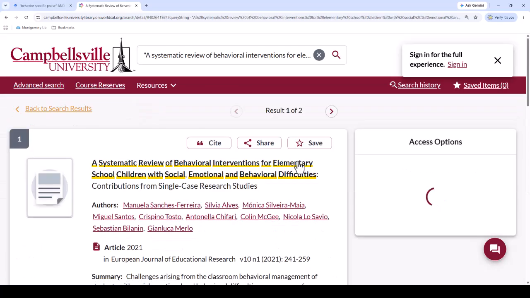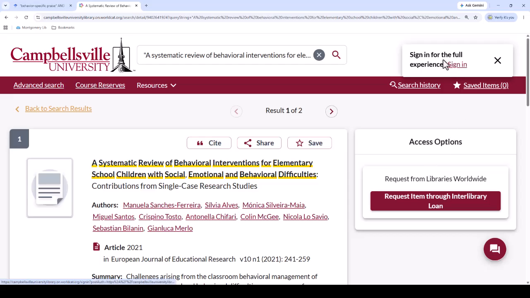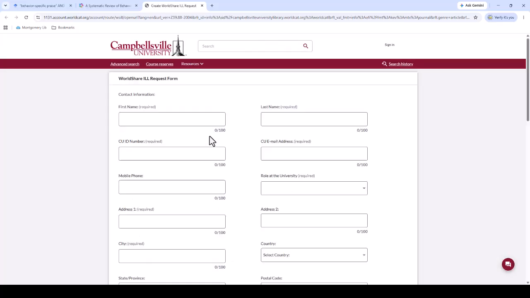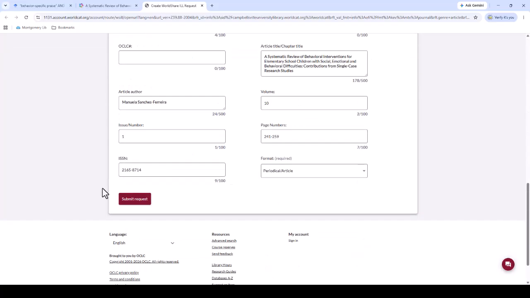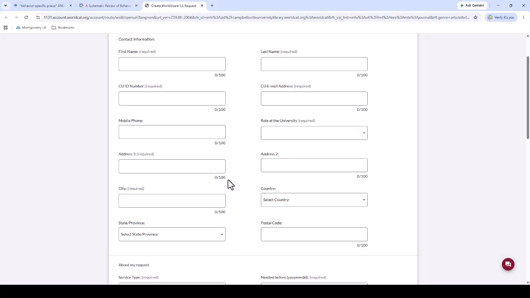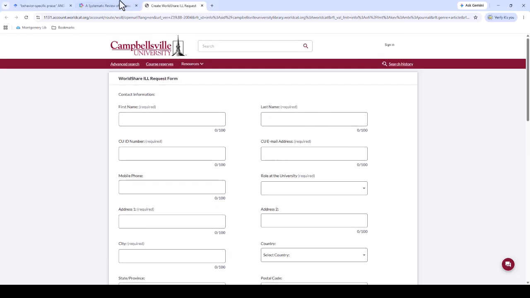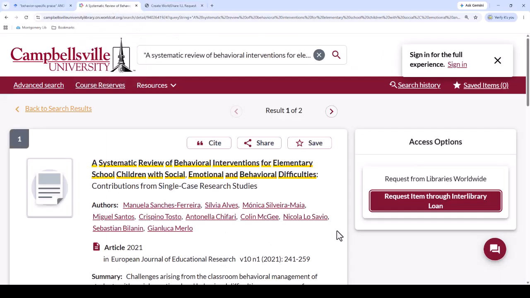You click the title, then you make sure you're signed in because I got signed out here. And then after you sign in, you click request item through interlibrary loan, and you fill out your information on this form, and you click submit request at the bottom. But I'm not signed in, so it doesn't have my information. So just a reminder, if you're going to do this, make sure you sign in first,